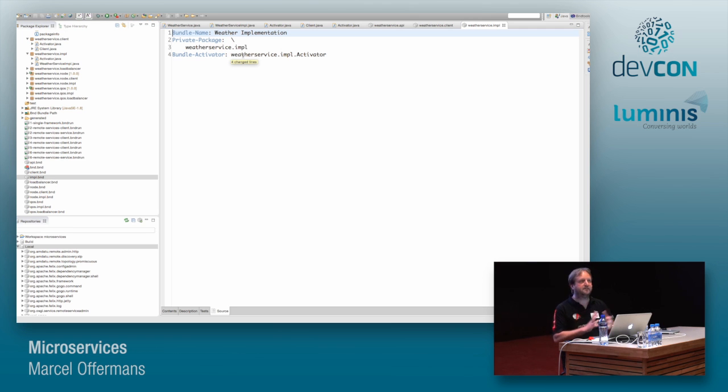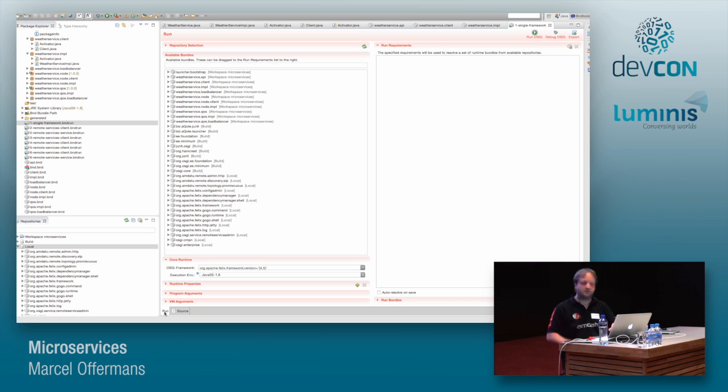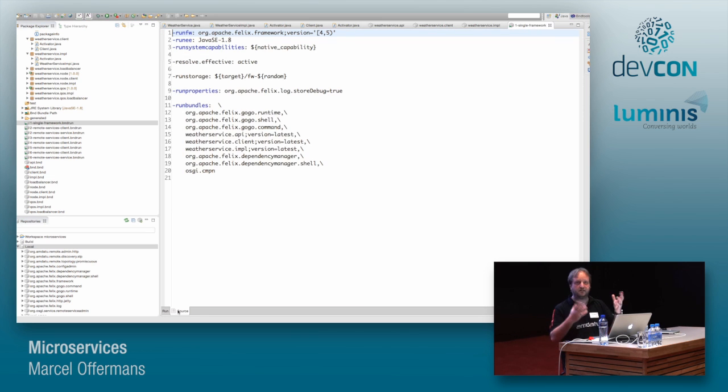So how do I combine that into something that I can run? I need a run definition for that, and a run definition basically just tells me what bundles I should group together into one executable. And for that, we have BND run files, and these are also not very magic. I mean, there's nice Eclipse editors for them that make it a little bit easier to edit, but in the end, this is the definition that comes out.